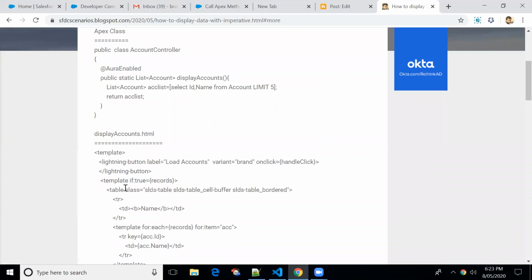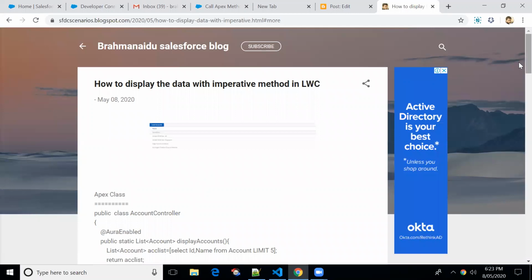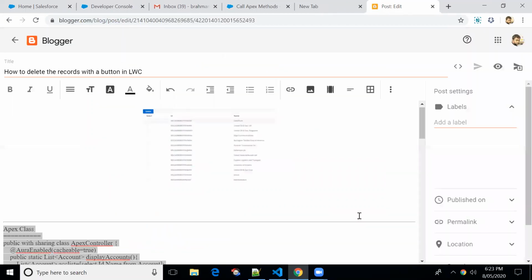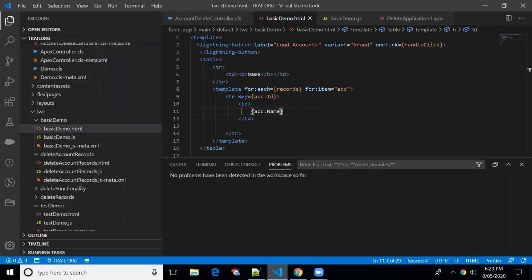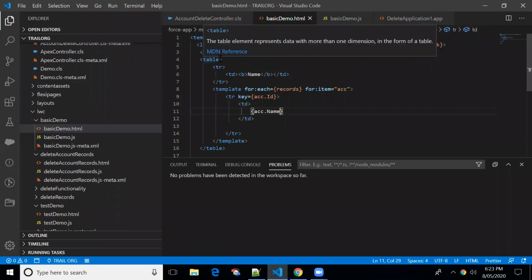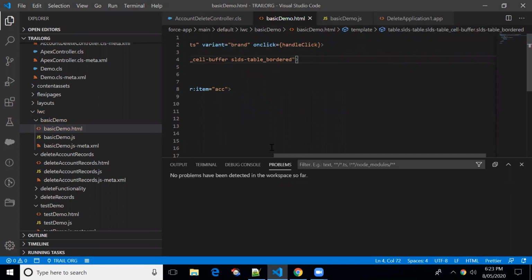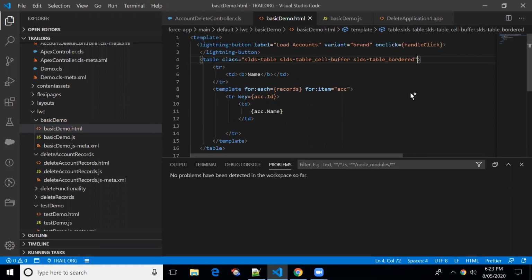That's it. I think we are done with the template part as well. So I'm pushing the code to the source org.